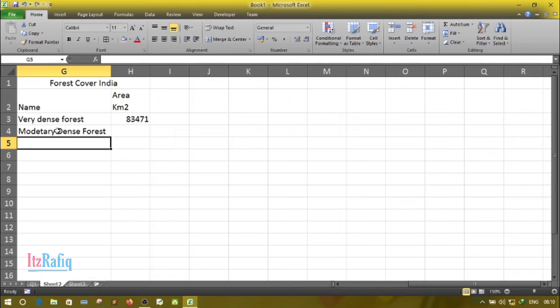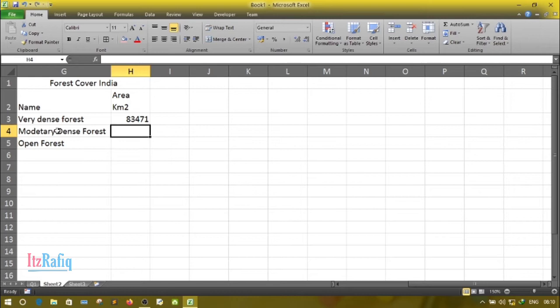Third one, open forest. And the areas are 320736. Last one 287820.